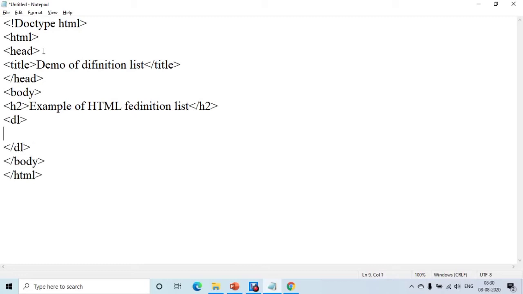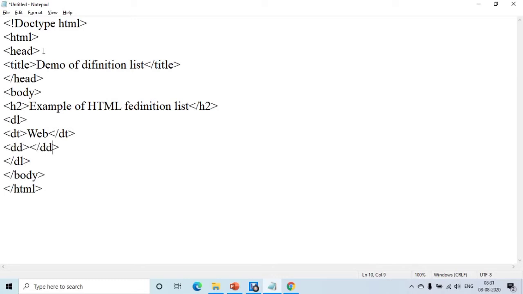Now within the DL tag you can add a term to define using a DT tag. So DT tag start and end of DT tag. Then here add any term, suppose web. And now for this DT, that is for this web term, you can specify a definition using the DD tag.